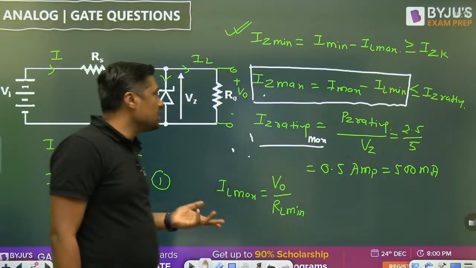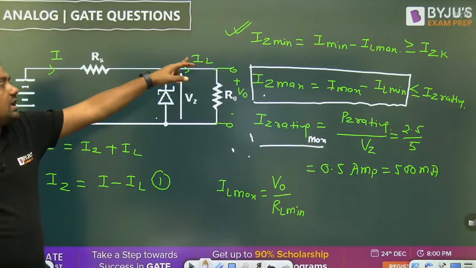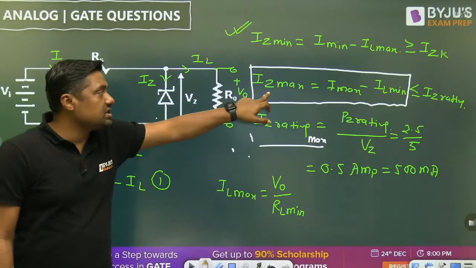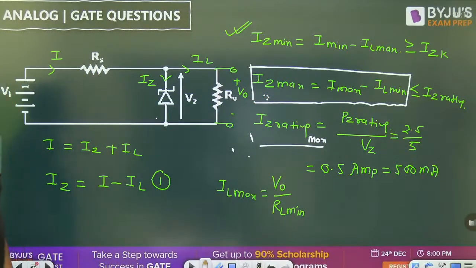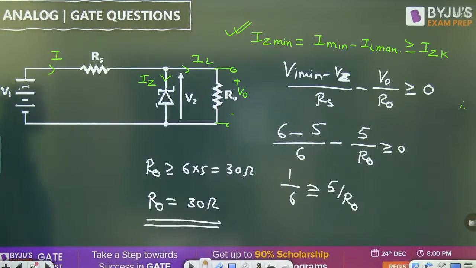What is the worst condition? If R0 is not given, IL will become 0. That is called the worst condition for this formula. Right. So, यहाँ पे पूछा नहीं है, so we are using the second one. Now,